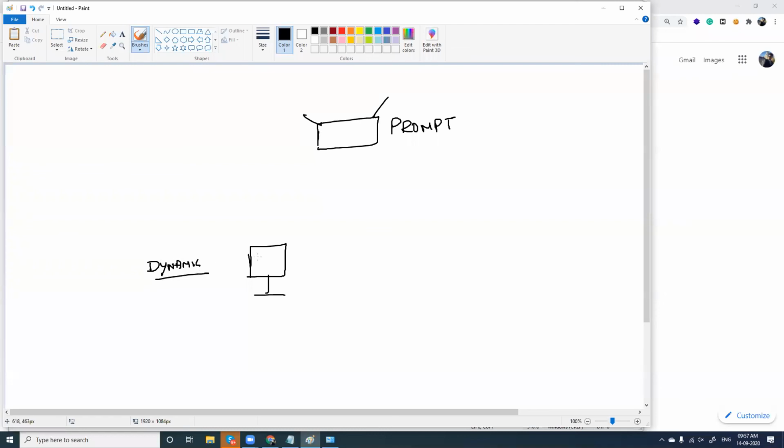Means I've asked my computer to get an IP address by itself from the modem. So I'm not going to assign an IP address to my computer. It is my computer's job to search for this modem, request an IP address from this modem and get an IP address assigned.